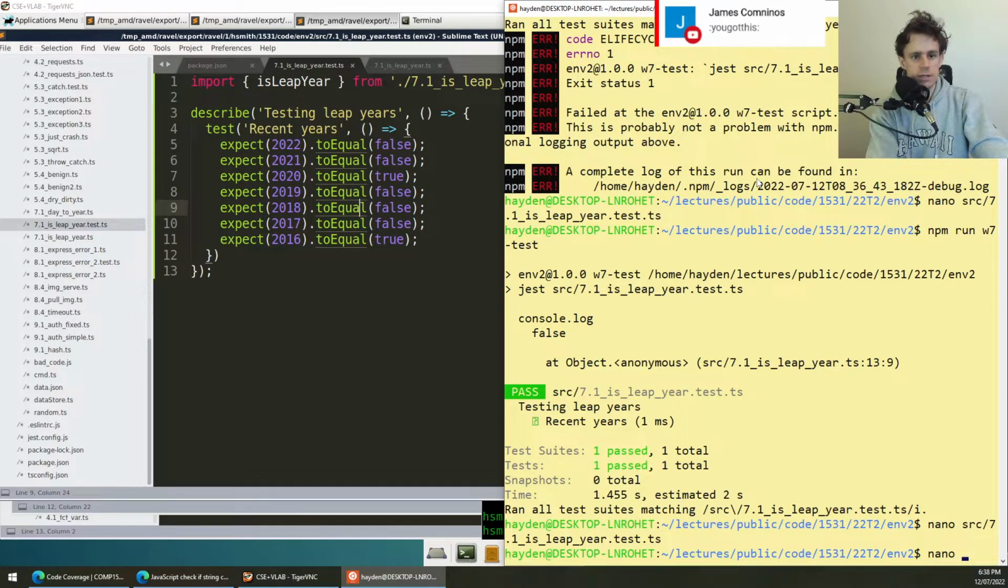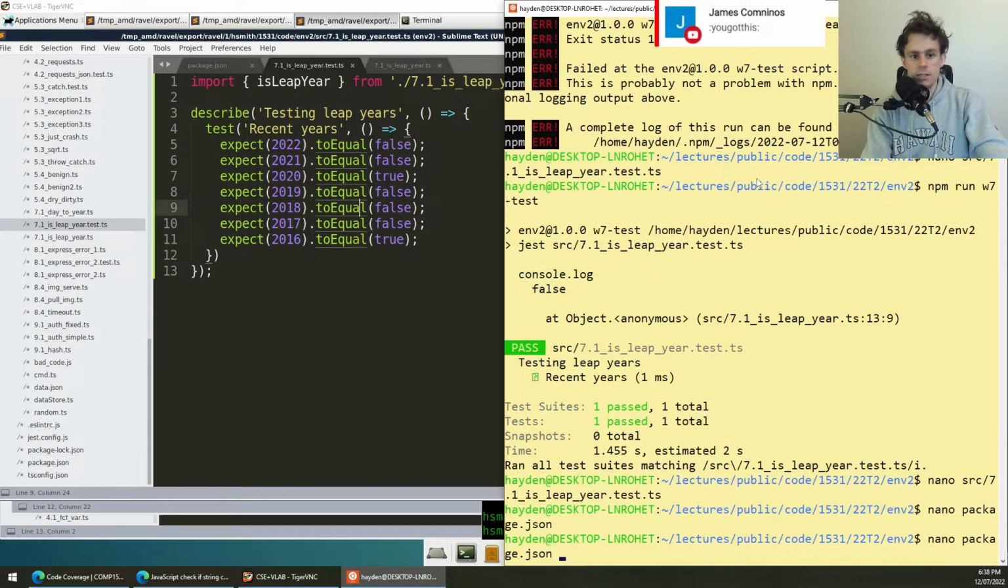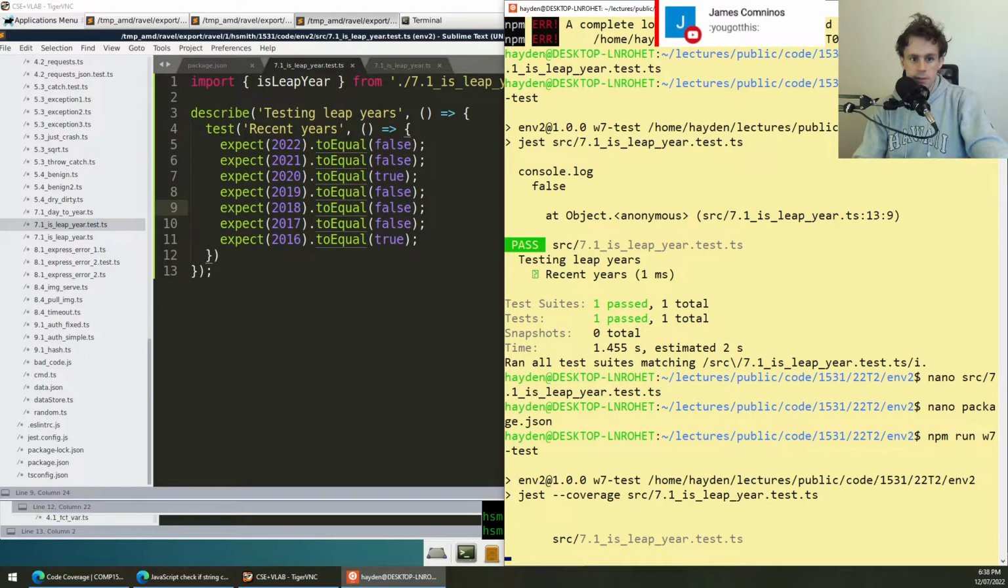And you can do that, obviously, by adding --coverage to your jest command that you run. So now by adding --coverage here, and I run this week 7 test,